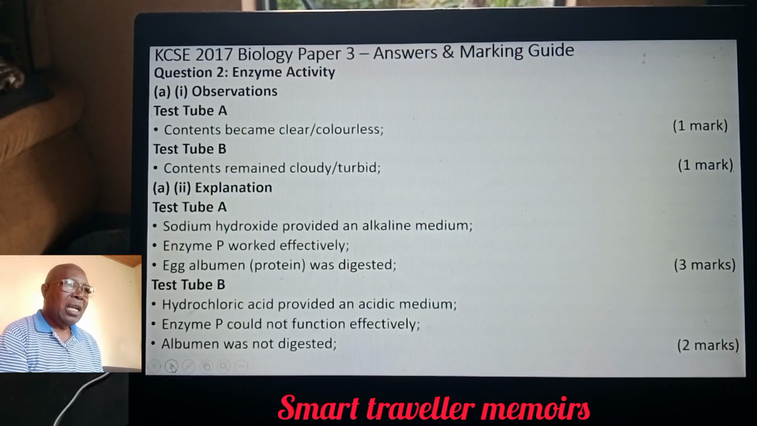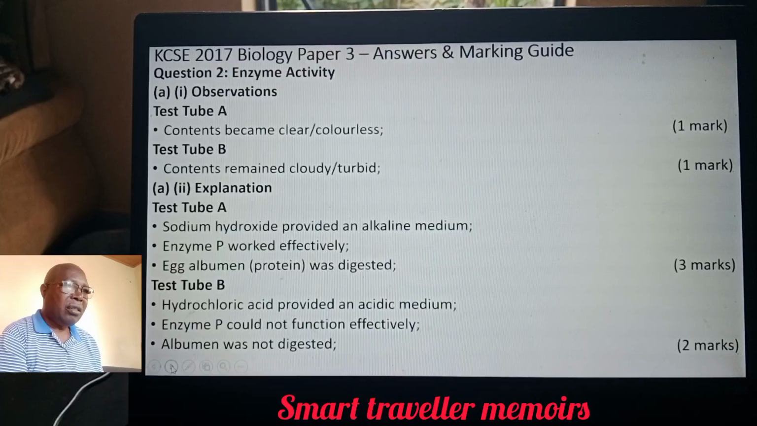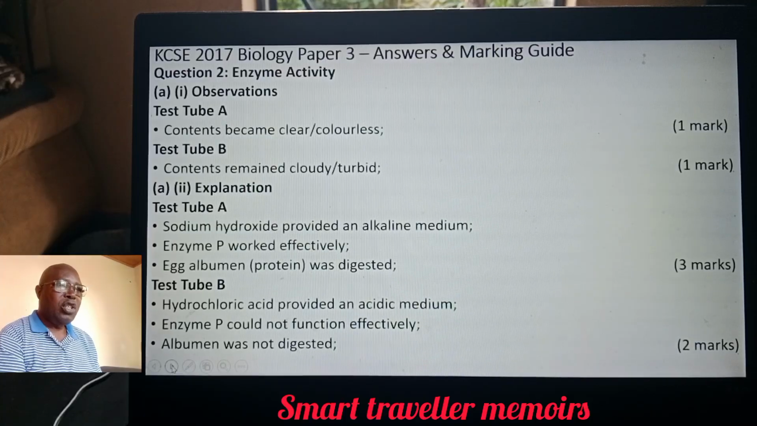Answers and marking guide to question 2. A. Roman 1 observations. Test tube A, contents became clear, or the contents became colorless. Test tube B, contents remained cloudy, or you can say remained turbid, and A Roman 2 explanation for test tube A, sodium hydroxide